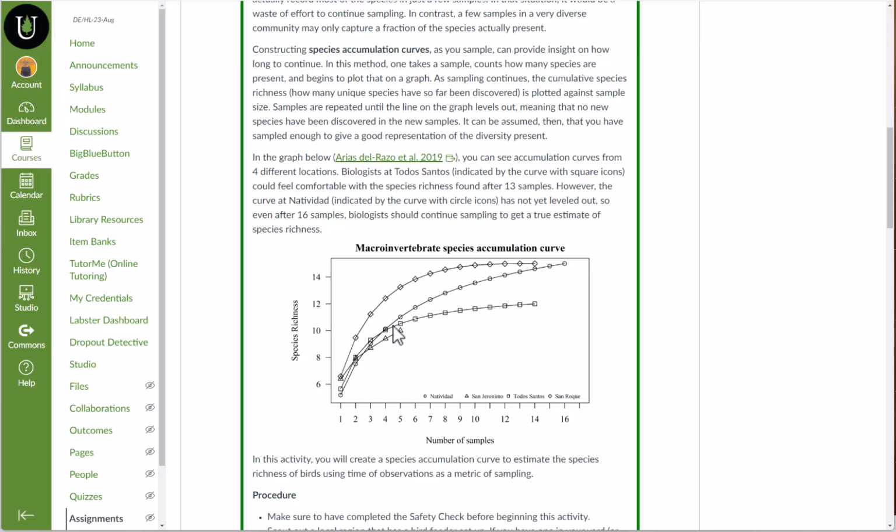When you take two samples, if you have two of the same species, you don't count those. You only count the new species for each time here. But every time you increase your sample size, you'll probably get some more species. But at some point, that's going to start to level off. Because at some point, if you've sampled a lot, you're going to just be resampling the same species. And that's what happens when it gets flat up here. You're sampling over and over again, but you're not getting any more new species because essentially you've sampled intensely enough